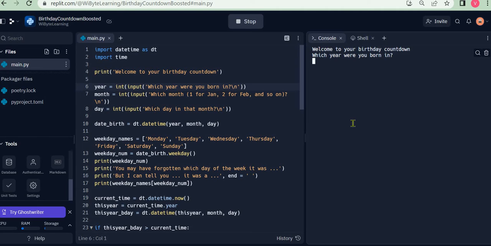Our birthday countdown program just crashes if the user provides an invalid input. For example, the program asks me which year I was born in. Let's say I say A, B, C, D. Clearly, this is not something the interpreter can convert to an integer, and hence when I click enter, the program